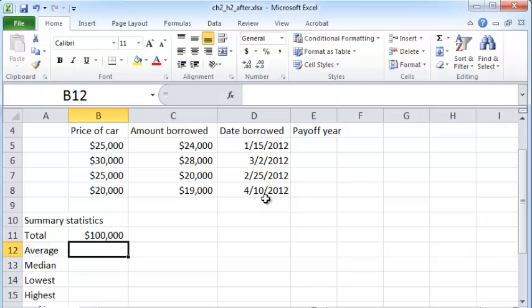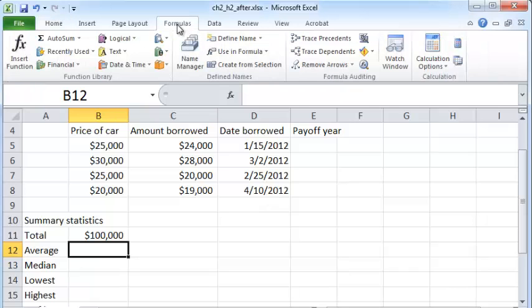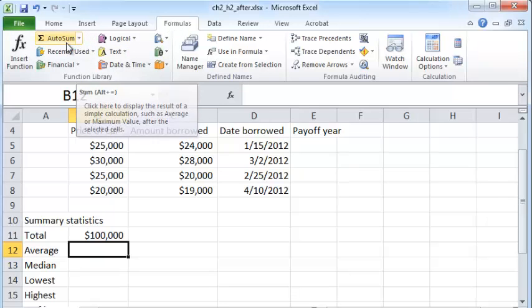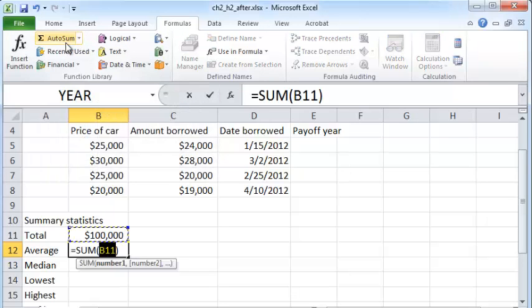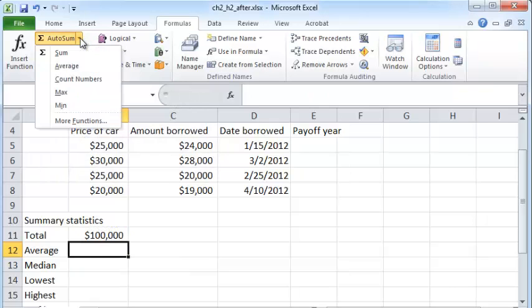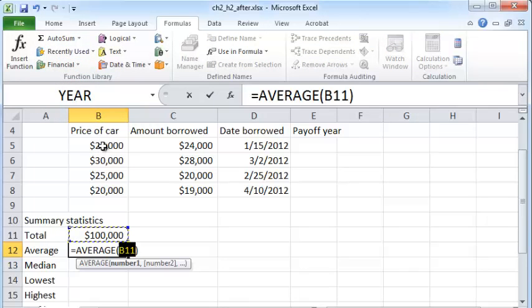The next thing we want to find out is the average amount that customers are borrowing. To find that, there are several ways. One of them is to go to the Formulas tab in Excel and click under AutoSum. Don't click on AutoSum, you're going to get this. Instead, click the arrow button beside AutoSum and click on Average, and again select the cell range that you want,